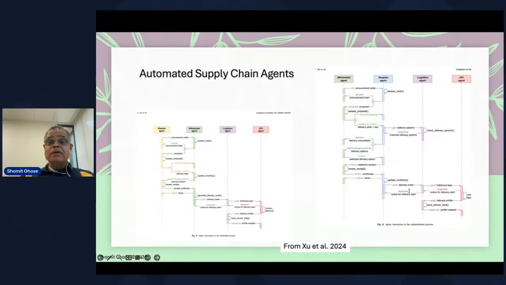In the supply chain job category, we manage processes by a range of functions. So, picture your typical supply chain job function. You've got folks working in retail, wholesale, logistics, etc. These job functions consist of workflows and collaboration with other job functions. If you look at the colored boxes on the left-hand side across the top, those are all job functions. Now imagine those are now automated agents that execute independent workflows and collaborate when and as needed. This is the future of agentic AI within the supply chain.